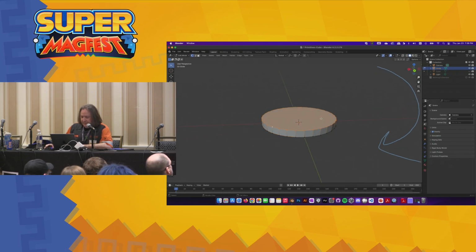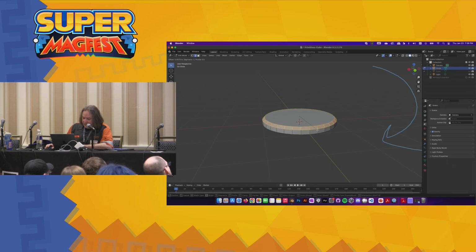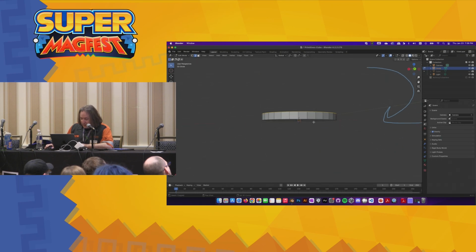So that's that. If we want to sort of think about how to change edges or change vertices, we can also start to do operations on those. So Control B gives us our bevel, where we can start to sort of pull those away and make like a little chamfer here, or with our mouse wheel, round that off by making more and more. You can do that on multiple things at a time.